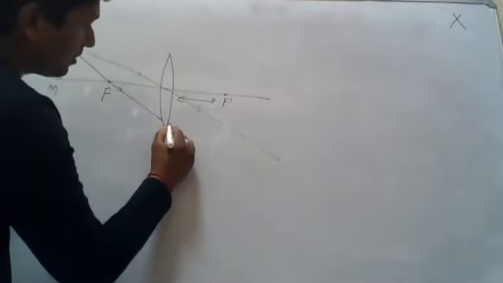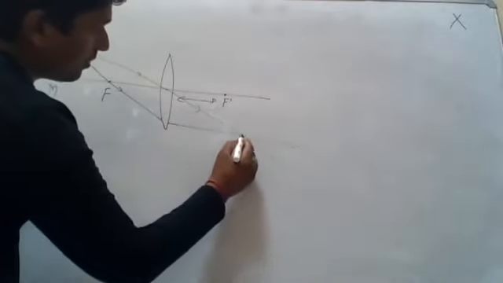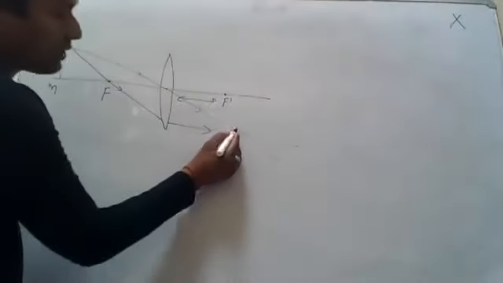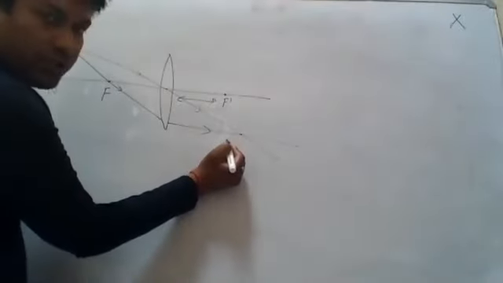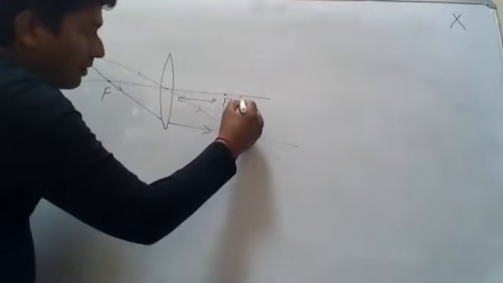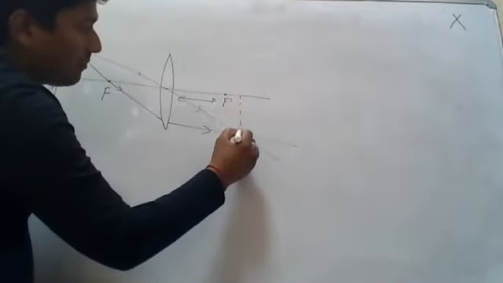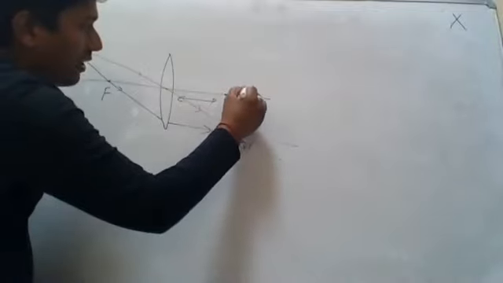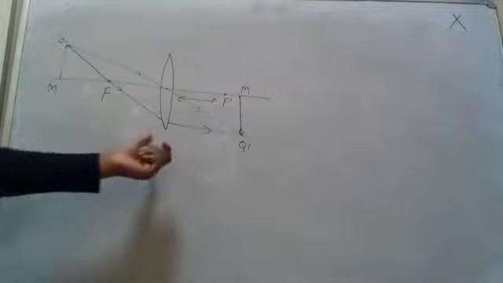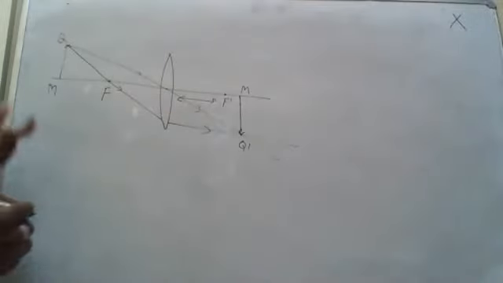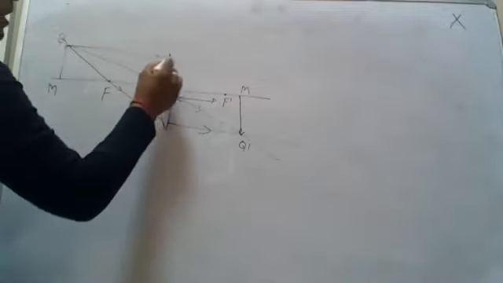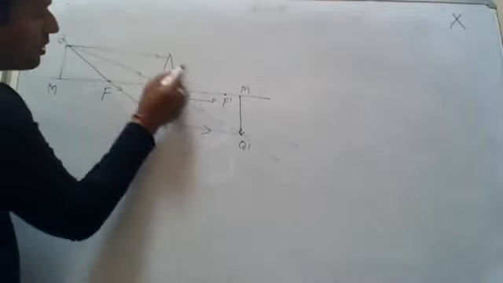It becomes parallel, right? So you can see that here they are crossing each other. If you draw the perpendicular, the image will be formed at this point. So this is the Q prime. Just to confirm whether they are meeting at this point, we have to draw the third ray, and the third ray will be the parallel light, and this parallel light will pass through the focus.